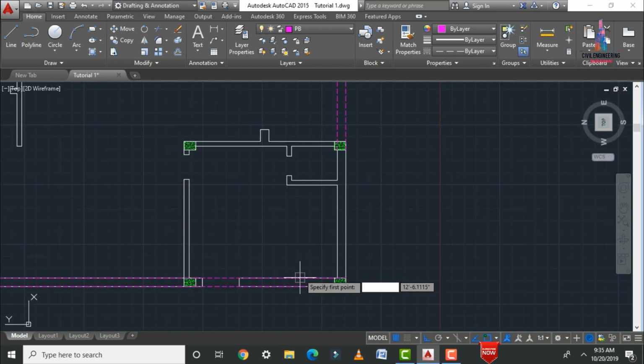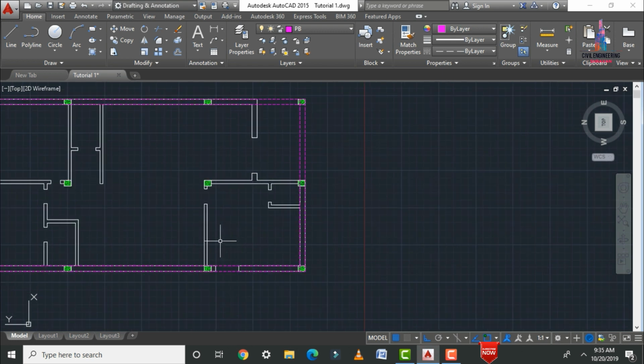So again in the same process we have to click on L enter option, select this starting point, select the ending point here, click on offset option 9 inches. So here I am selecting point here like this and applying the offset. So after that we have to apply the remaining beam sections offset.